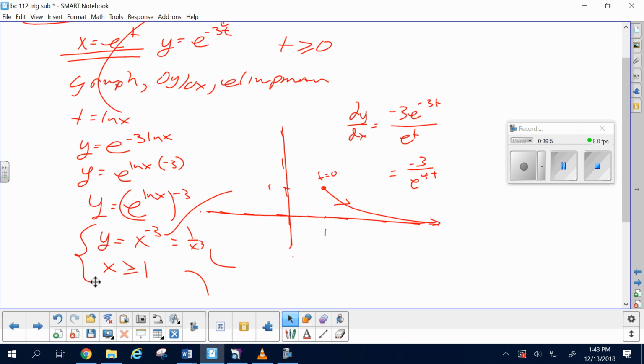Oh, no, sorry, the other one. U is x, and dv is root of 4. Du then is dx, and v is 2/3. So it becomes u times